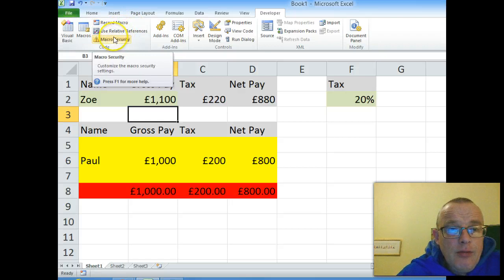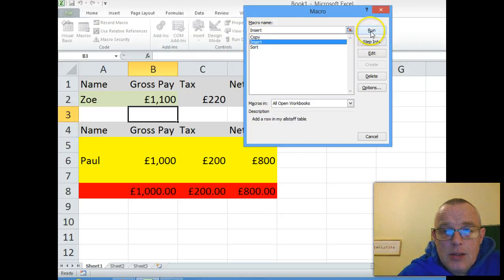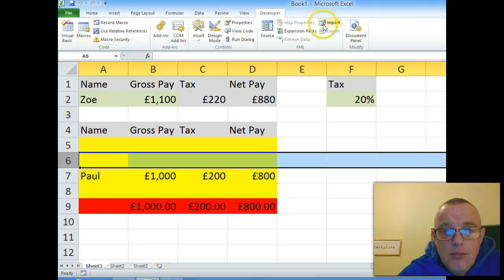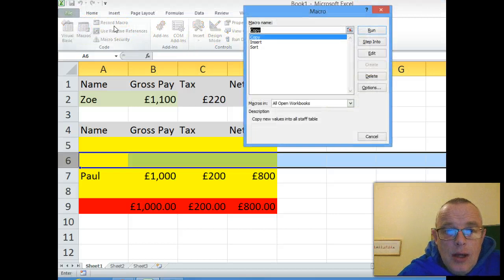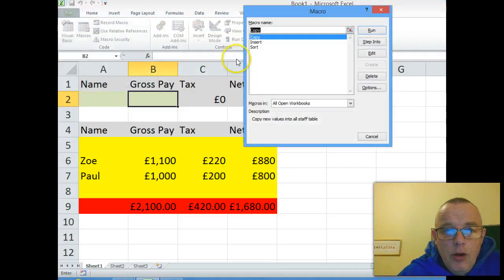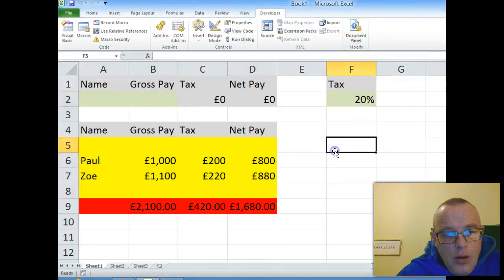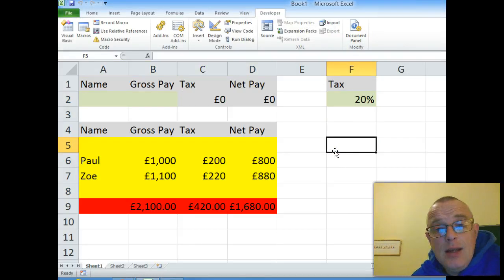So if I go to macros, here's my list of macros. The first thing I'm going to do is run insert. The next thing I'm going to do is copy Zoe's details across. And the next thing I'm going to do in the macros is sort out the table. So now what I've got there is something where I can add as many names as I want